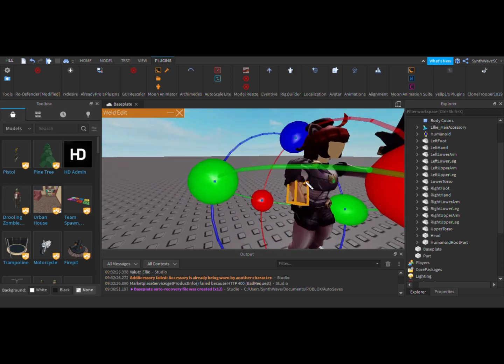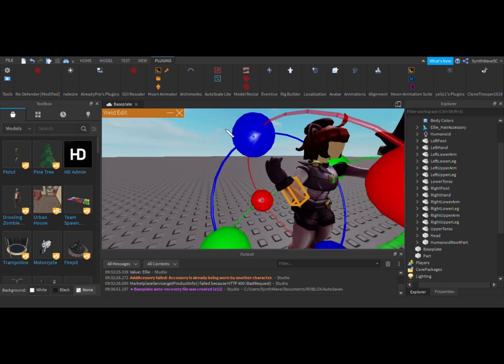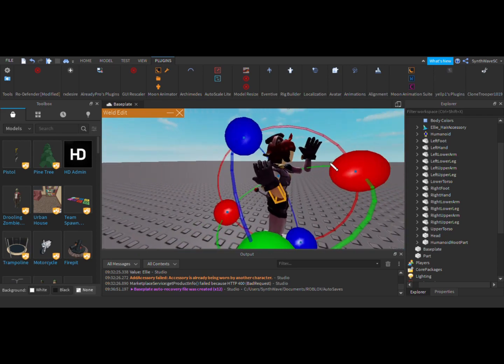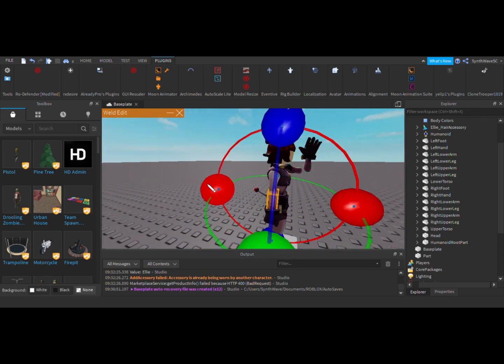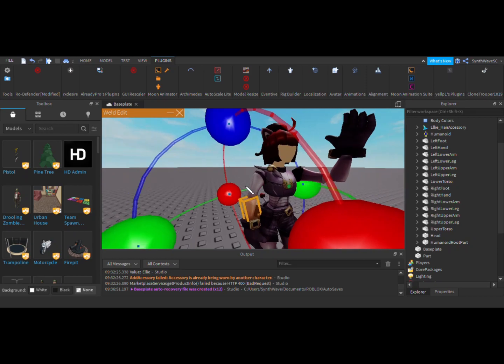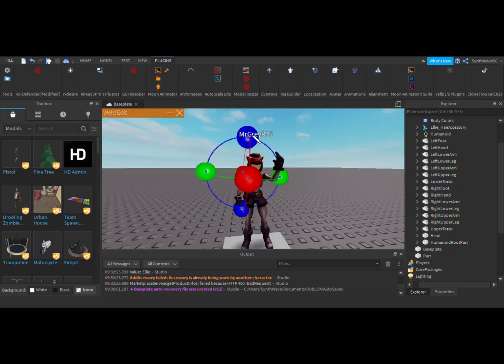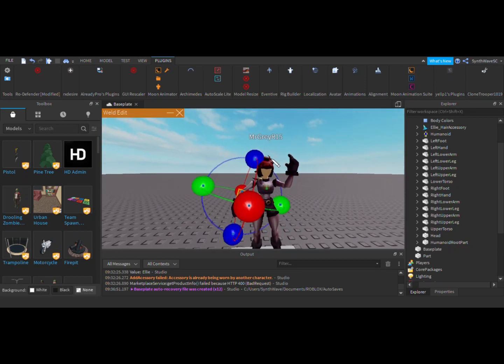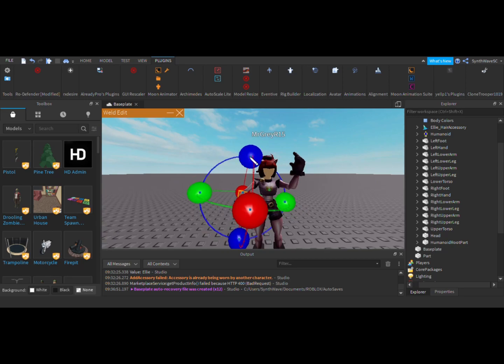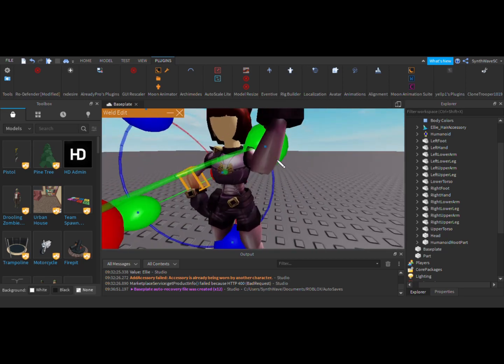So this is kind of an alternative way for rigs if you don't have any, but you need to use any posing thing. I'm not really good with this,